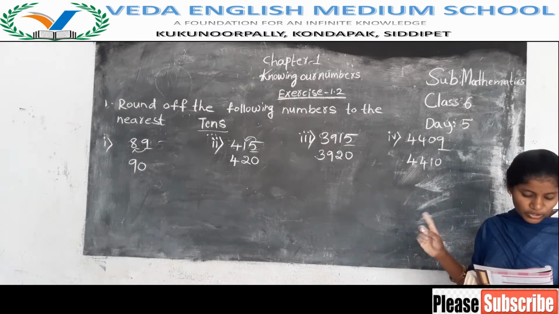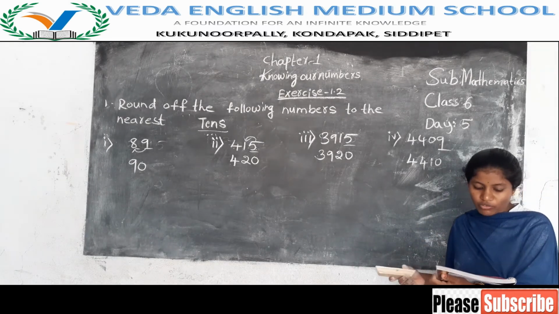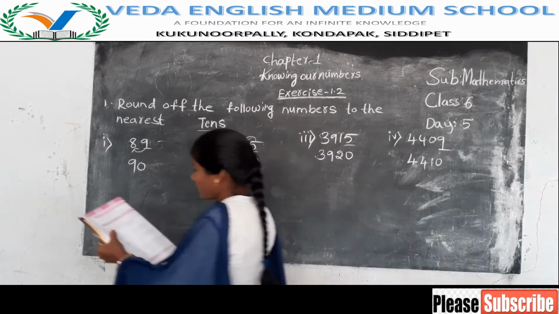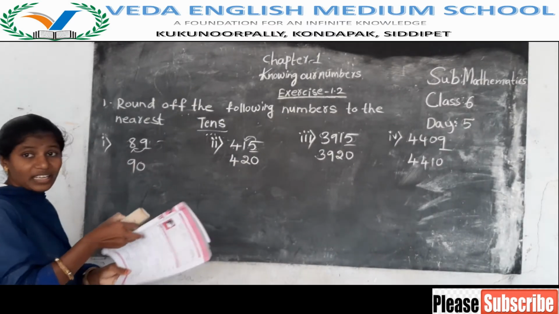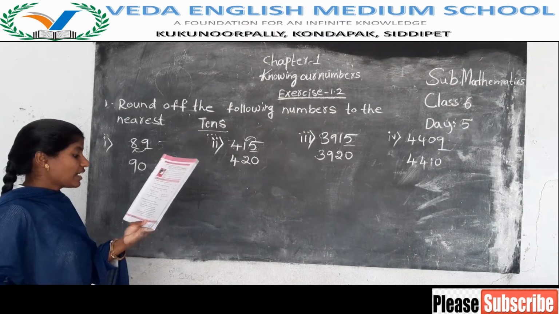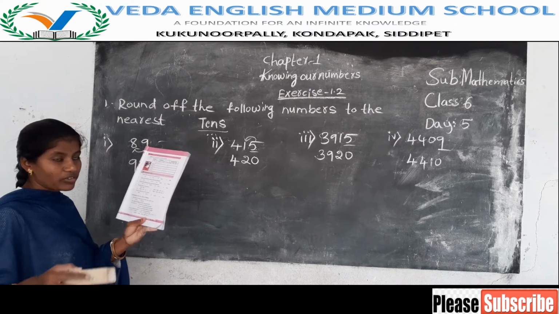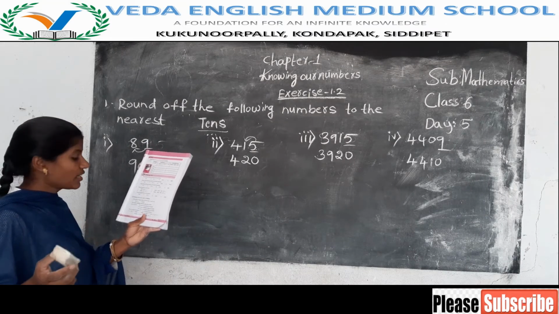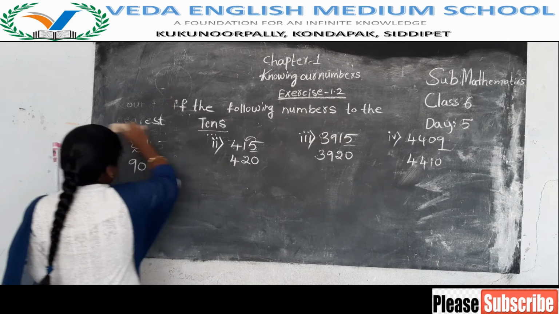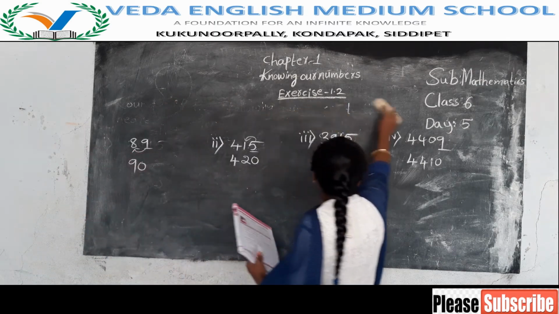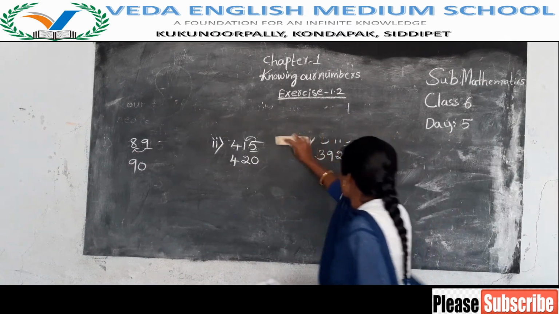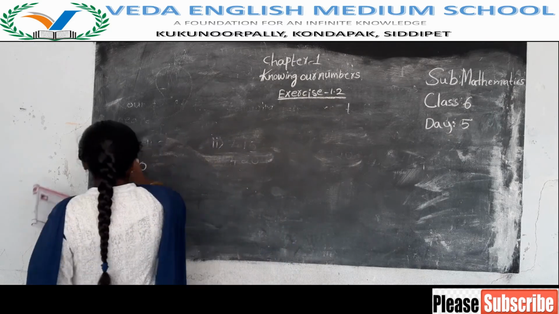Like this, first bit. Now 3 bits have completed. Now we will learn to write the expanded form of the numbers. Today we will learn 5th bit. Afterwards, tomorrow I will say 4th bit. 5th bit is write the following numbers in expanded form. You know expanded form well, but I will explain one problem. Remaining problems are your homework. How many problems are there?